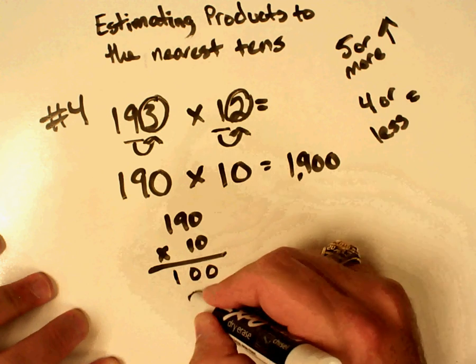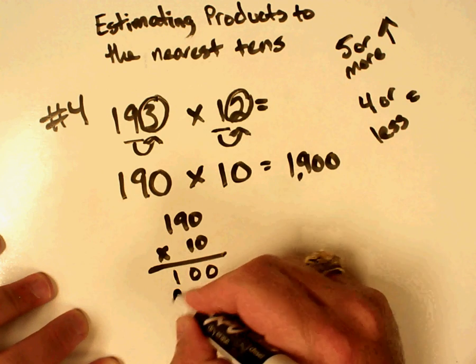1 times 0 is 0. 1 times 9 is 9. 1 times 1